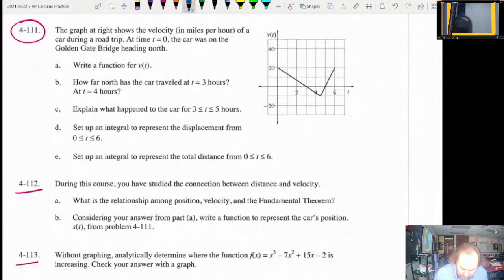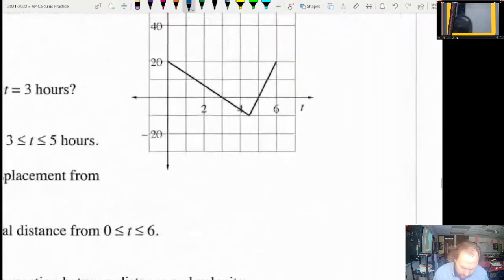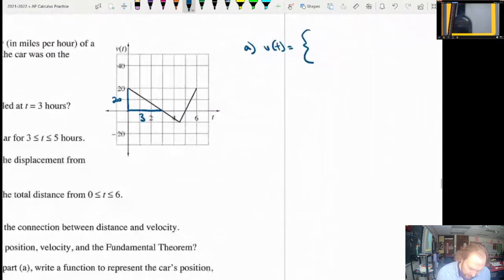It's going to be a piecewise function, I'll tell you that much, because we have two separate ideas going on. V of t equals, we're going to open up a little bracket. We just got to do a quick couple of slope-intercept form equations here. It looks like the slope of this line, and be careful on the units here, is 3 hours and 20 miles per hour. So I would say that is the slope of negative 20 over 3. So I would say negative 20 over 3 x plus 20 would be what's going on